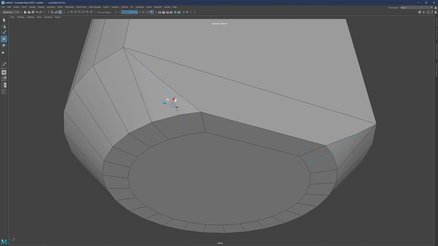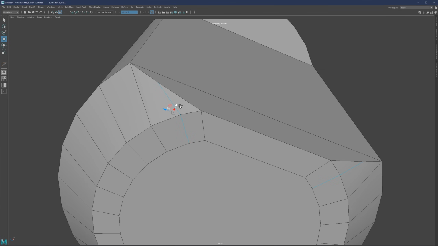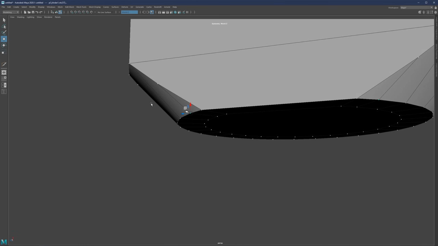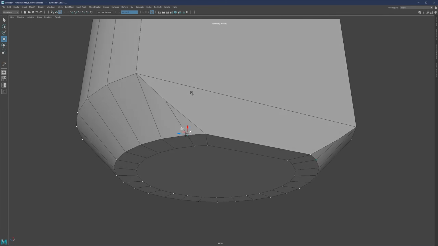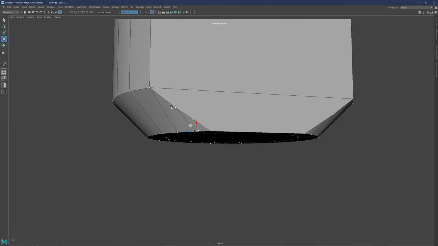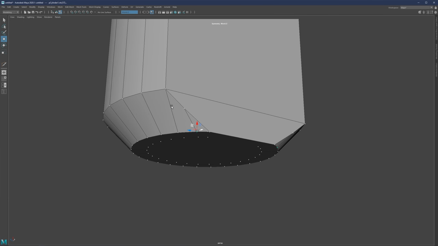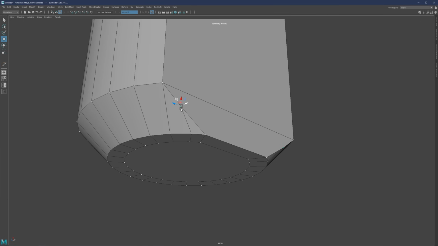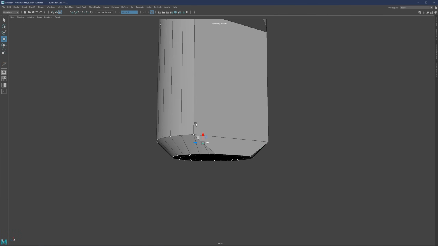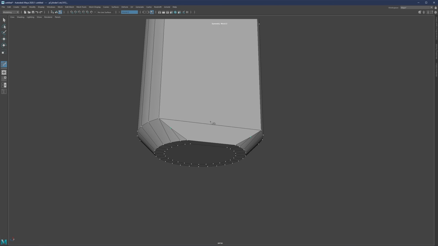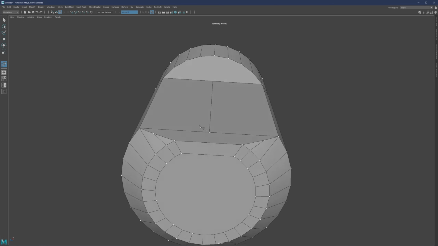All right, and the thing is we cannot remove this edge simply because it's our structure, and basically this point is holding the shape of a circle. So we are trying to hold that. The only thing that may be a problem is that since this is a circle and this is slowly transitioning into a flat surface, this point can affect that, so we're going to see how that works later. But first, let's just close some of the